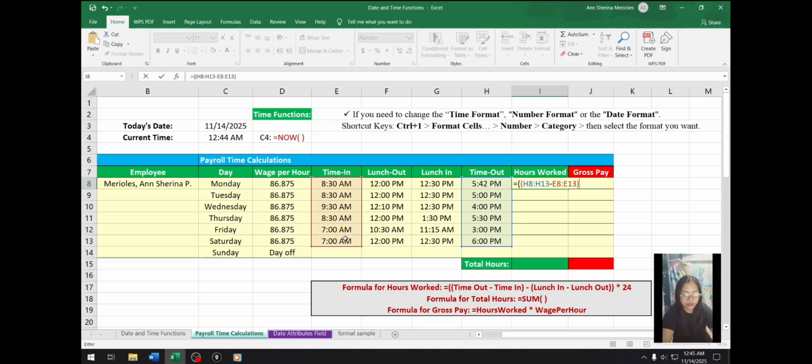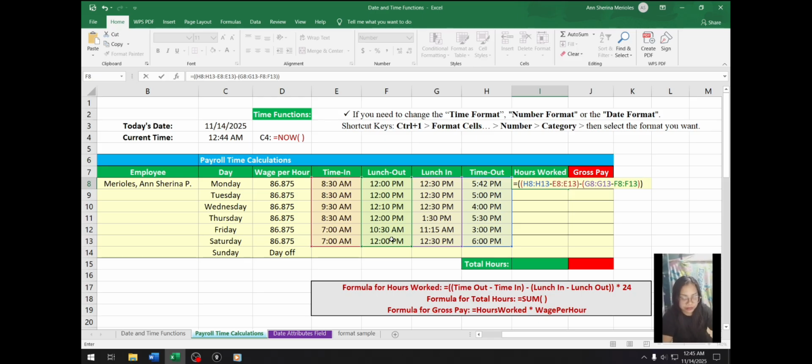As you see, the inner parentheses make sure Excel calculates those parts of the formula by themselves. Then subtract the inner parentheses, the lunch in minus the lunch out, and close parentheses.